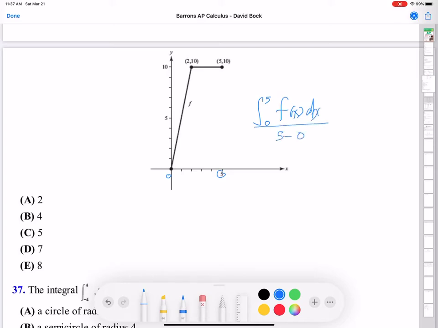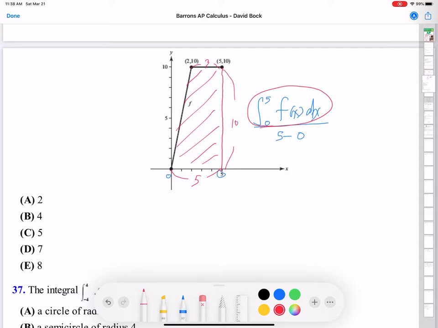That's the formula, right? And integral 0 to 5 f(x) dx means area under the graph above the x-axis. So this area. This is a trapezoid. Base 1 is 3, 5 minus 2, base 2 is 5, 5 minus 0, that height is 10,